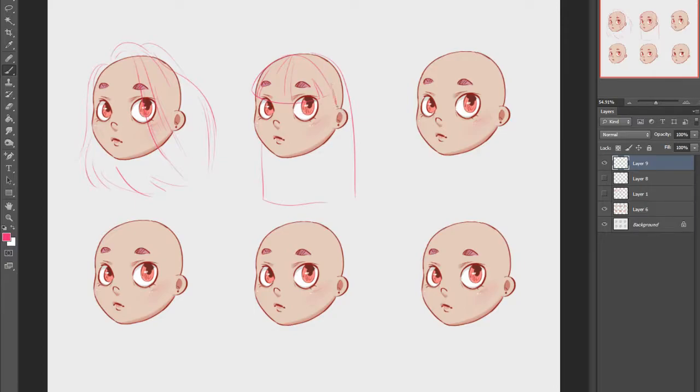If you just have the hair going straight down like that, it's not giving it as much dimension. It makes it look like the hair is just strictly too tight on the head, you know. So you can make it go back behind the ear,